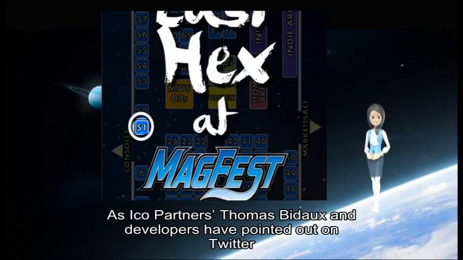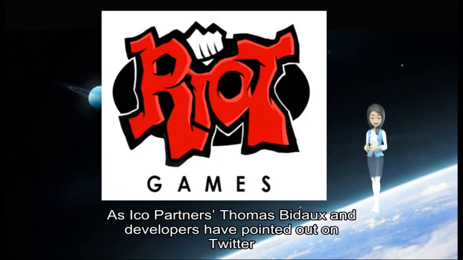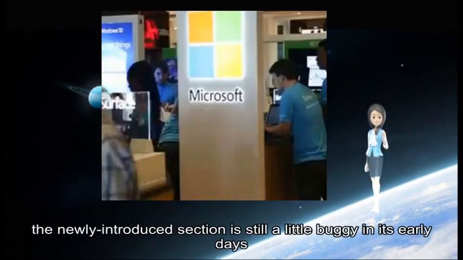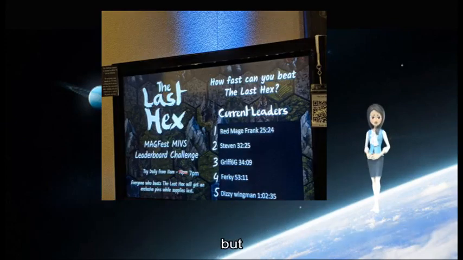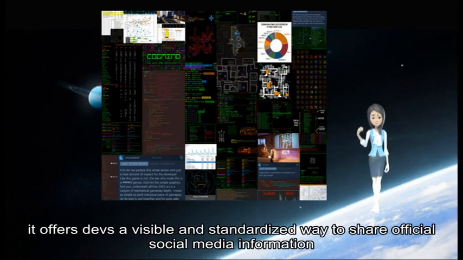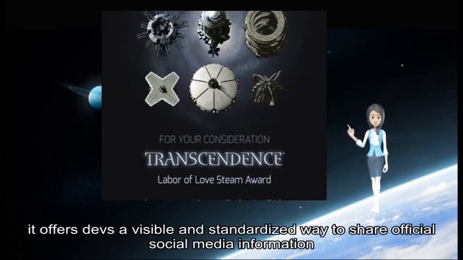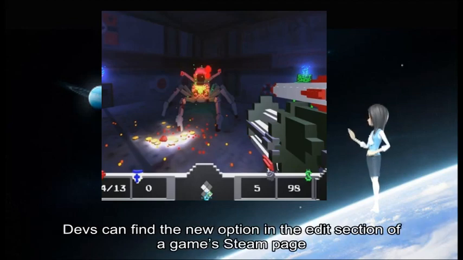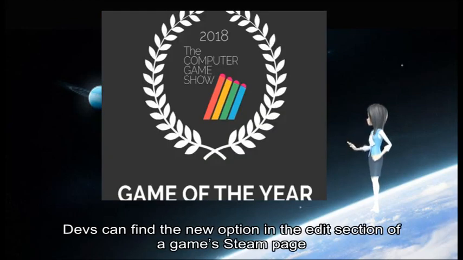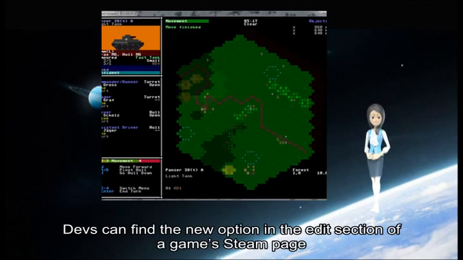As iCode partners, Thomas Pitot and developers have pointed out on Twitter, the newly introduced section is still a little buggy in its early days, but, for the most part, it offers devs a visible and standardized way to share official social media information. Devs can find the new option in the edit section of a game's Steam page, and